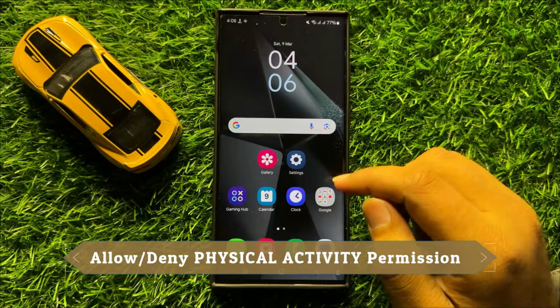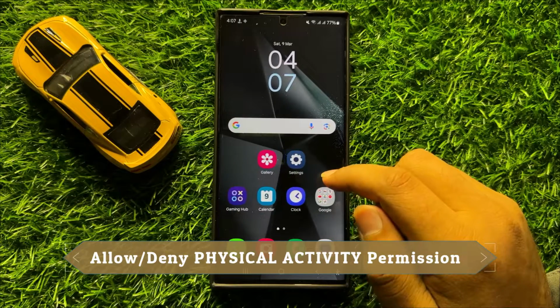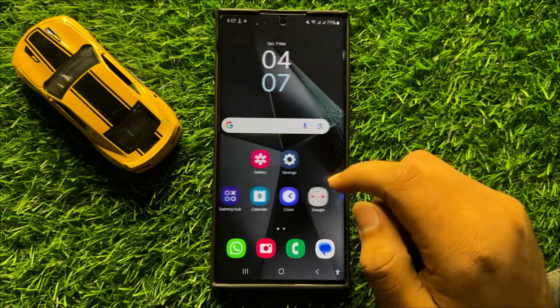Hello everyone, in this video I will show you how to allow or deny physical activity permission in Samsung Galaxy